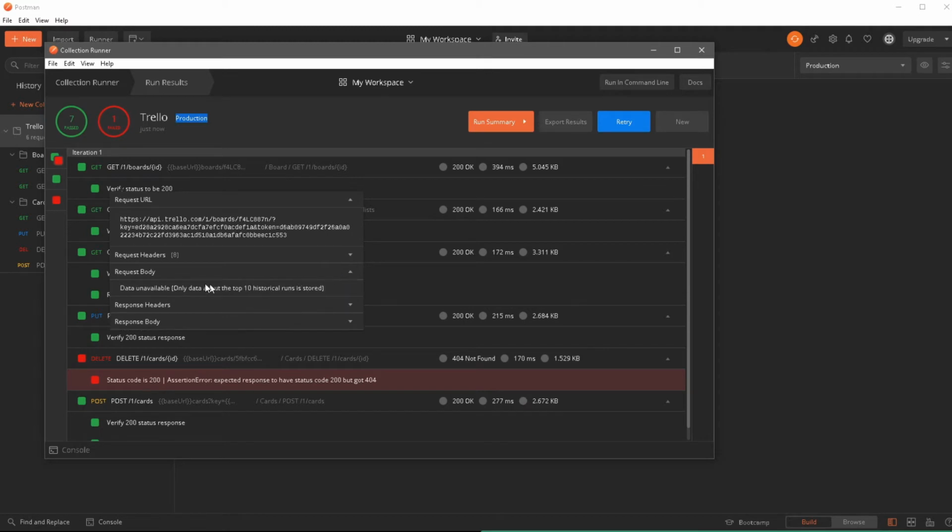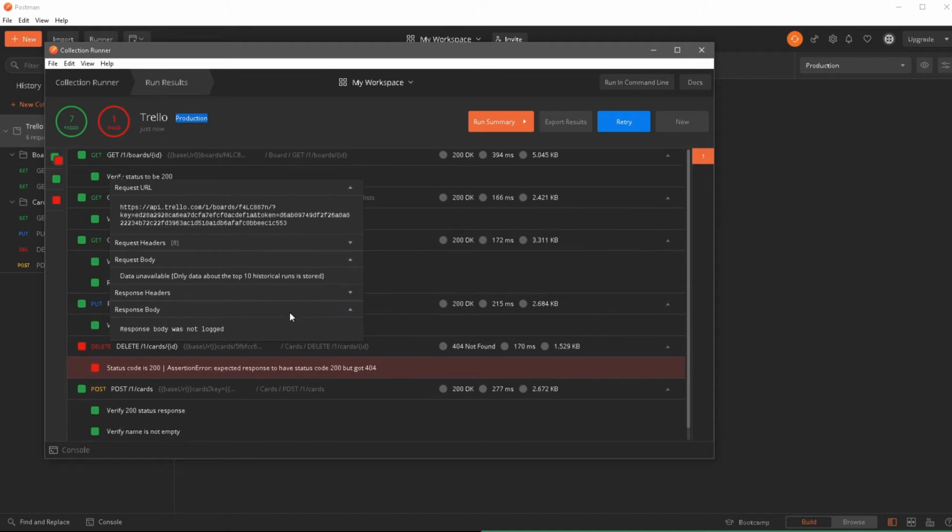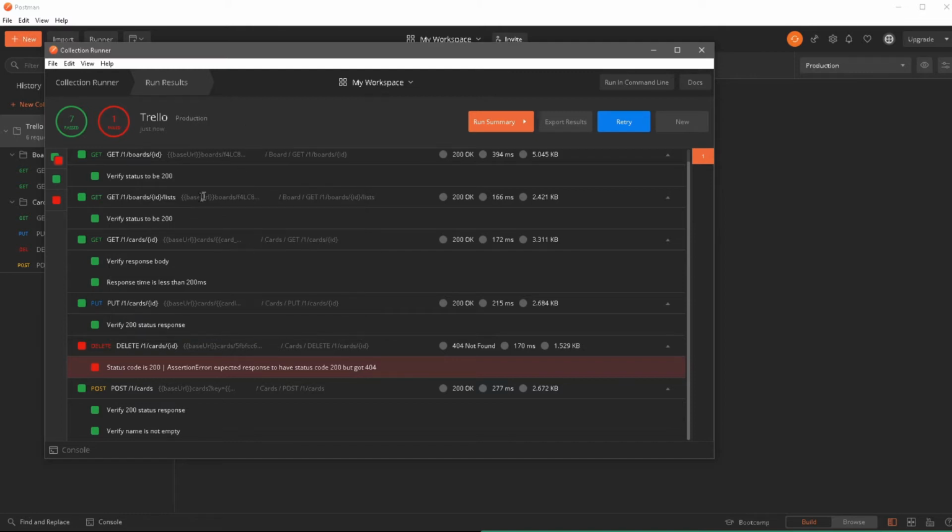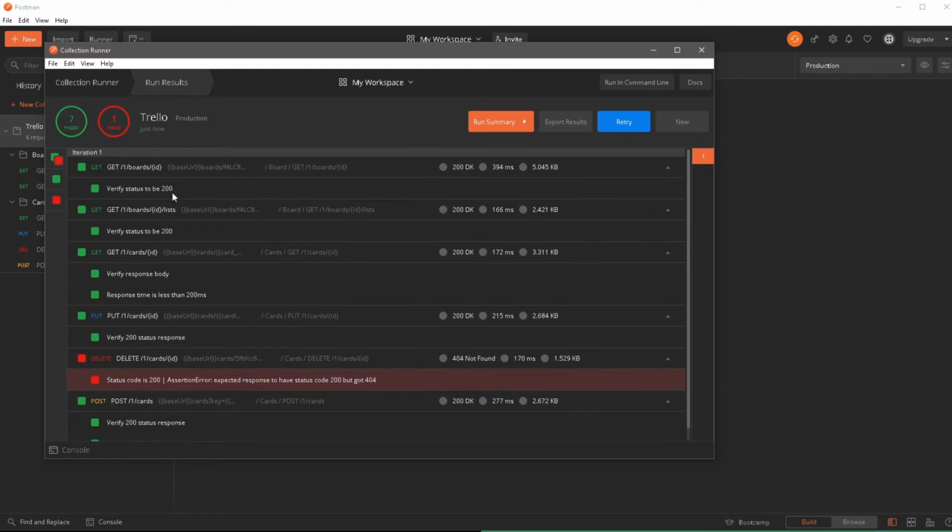Then we can see if we're sending any body. This one is the get request, so there is no body, but I can also take a look at the response body. So here we have the response body that it's not logged, and that's an option that we can actually select while we are running this collection. But one thing to notice here is the test that was run. So this is the test which we ran, which is verify the status is 200. So you can notice we got 200 here, and we were actually verifying through our test whether that's 200. Same thing we're doing for the other ones too.